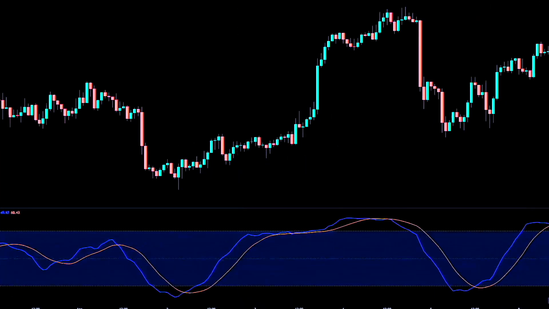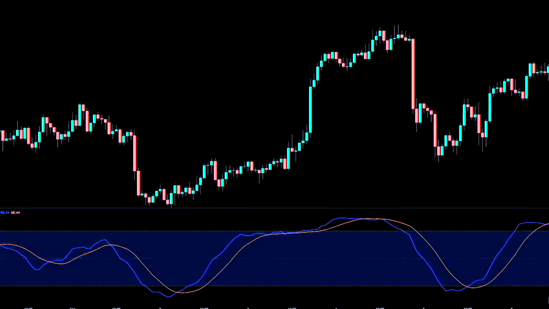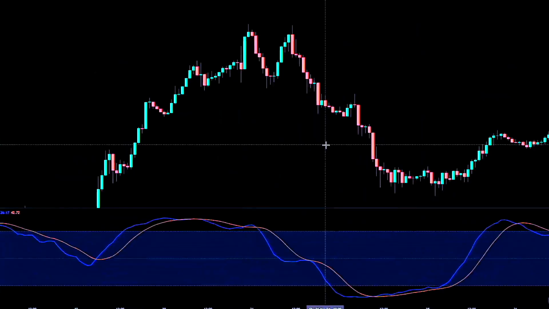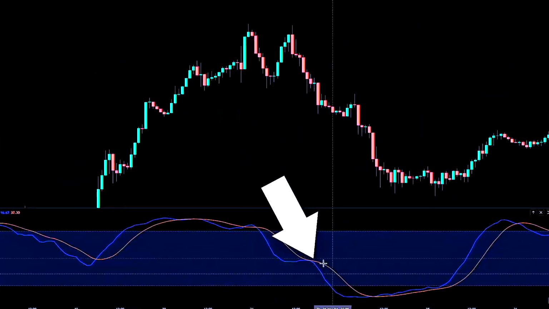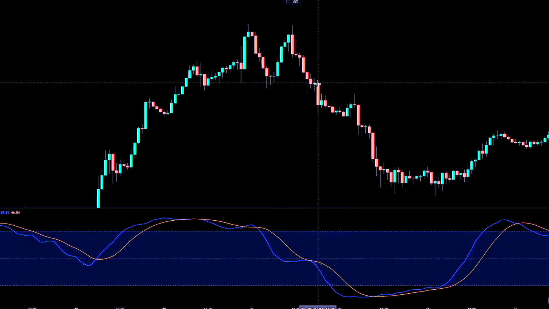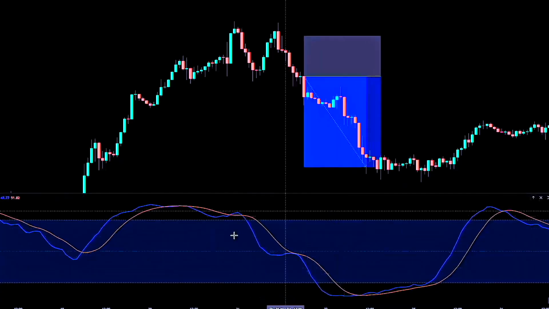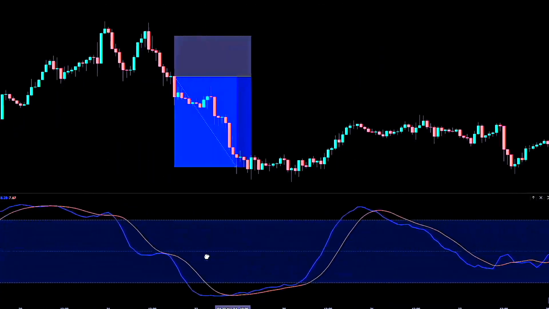For example, you could go long when both lines are above the 50 level, with the blue line above the orange. On the flip side, you'd go short when both lines are below 50, with the orange line above the blue. Now, imagine taking this solid indicator and cranking it up, not just doubling or tripling it, but multiplying it